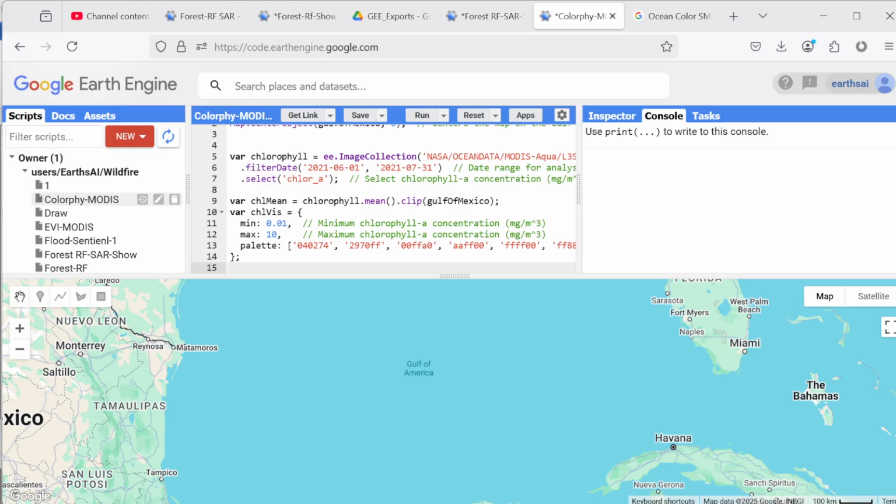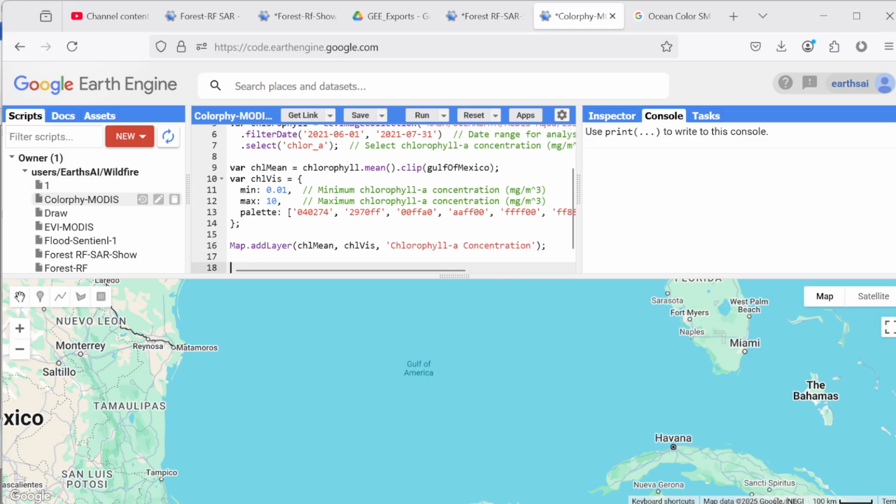And the final step is to add the chlorophyll mean composite to the map using the defined visualization parameters. This adds the processed chlorophyll layer from step 4 to the map and displays the chlorophyll concentration across the Gulf of Mexico. If you run this,